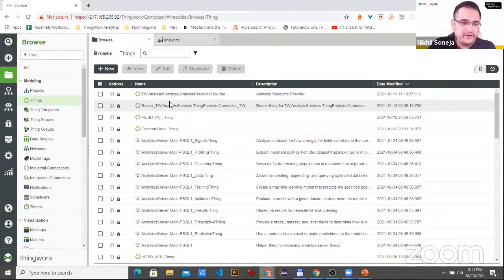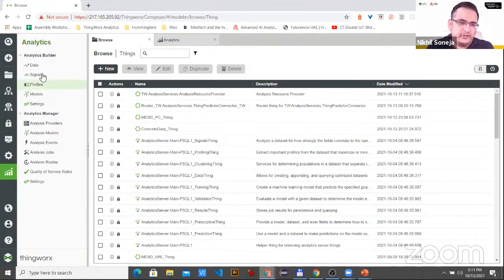What we want to look at first is, once you activate the analytics extension, you get this extra tab here showing you analytics. You'll see Analytics Builder and Analytics Manager there. We've spoken about both of those. These are separate. Now, Analytics Builder is where you want to start, right? So you want to go in first with getting your data.